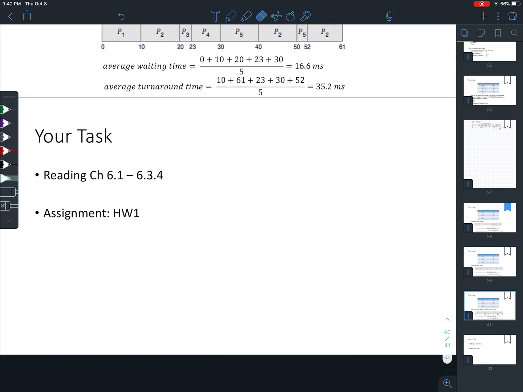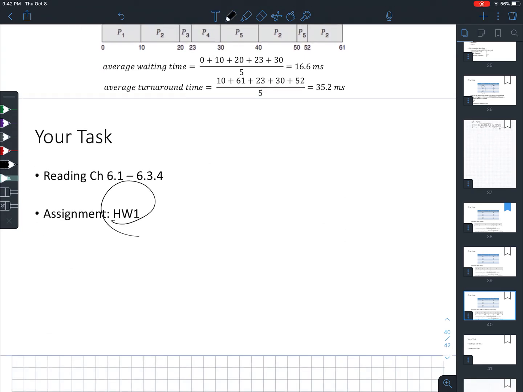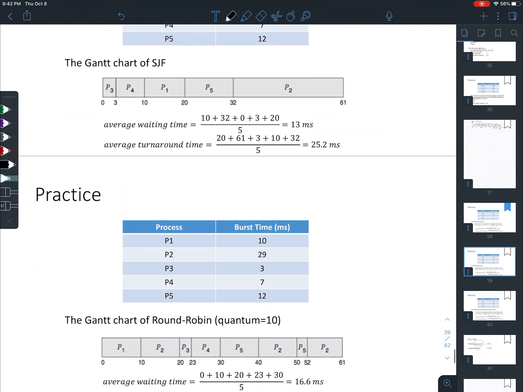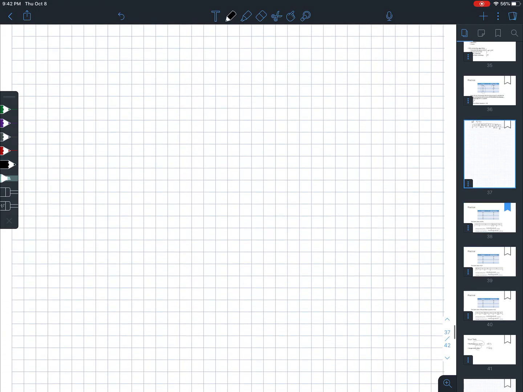So here, after this week, you are going to have your first homework, which is about CPU scheduling algorithms. Okay. So it's not going to take too long, especially if you finish reading these sub chapters. If you want to read these sub chapters, it's going to take around 2 hours, and after that, it's going to take around another 1.5 hours for you to finish the homework. Okay, so it's not very heavy duty. So okay, so this is the lecture for